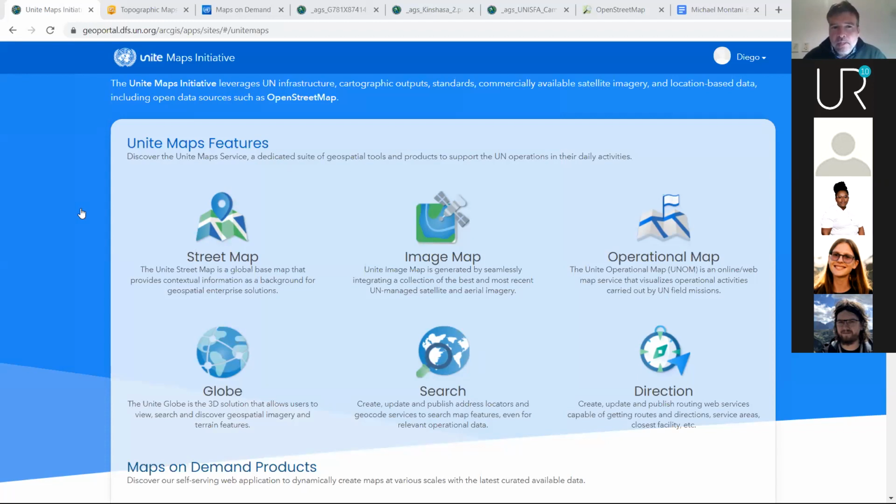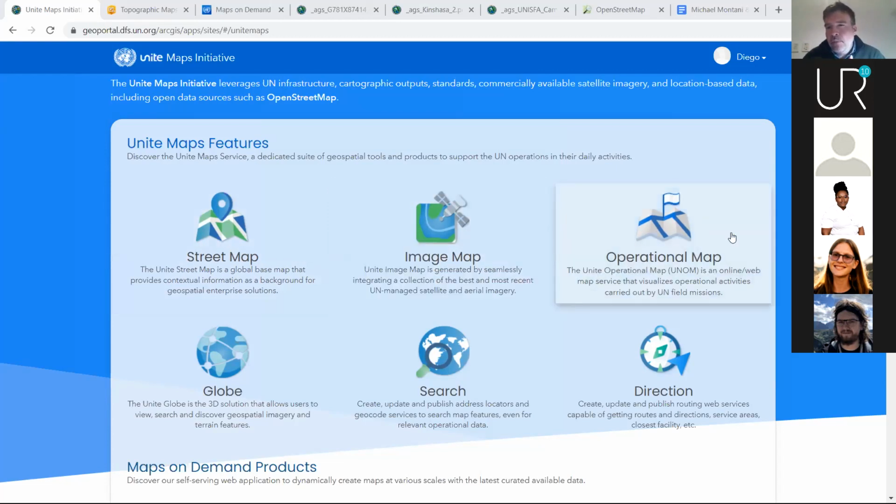What we are doing is we are creating what we call a United Street Map, which is basically equivalent to a base map to provide context to the different geospatial applications. We are also acquiring, purchasing, and creating UAV and satellite imagery, and we are creating another base map to provide context.